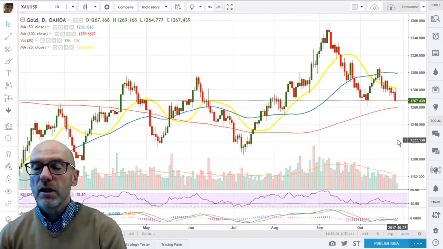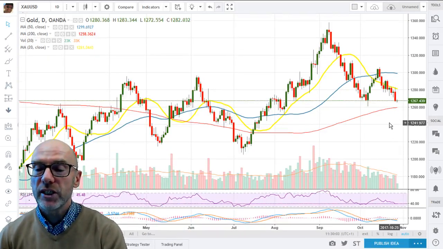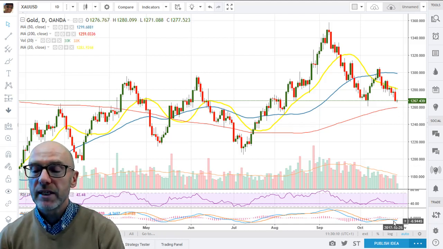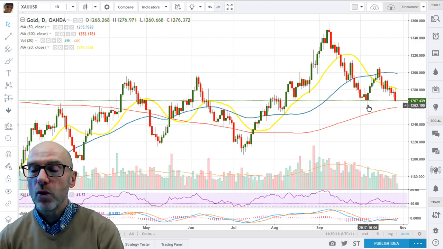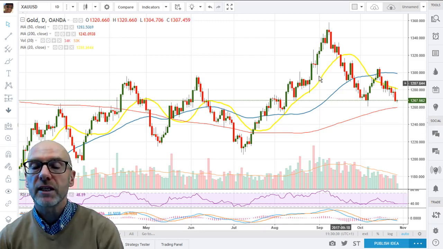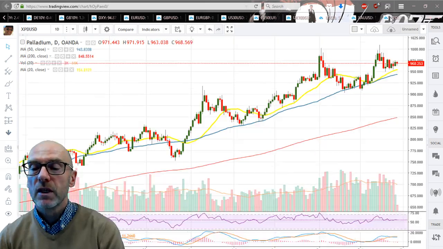On gold, the bear market continues, having trouble with the 20-day moving average. That's giving the push down. We've got negative momentum, and again the MACD is tracking further down and is flashing a sell signal. There's key support at 1262 from the low of the 6th of October, and it looks like that will be tested, with the support below there at the 200, 1259.66.